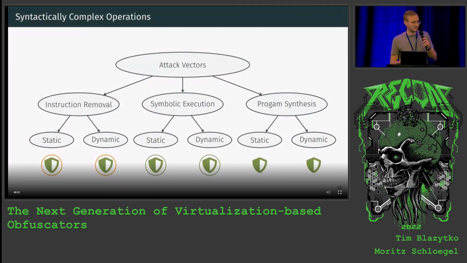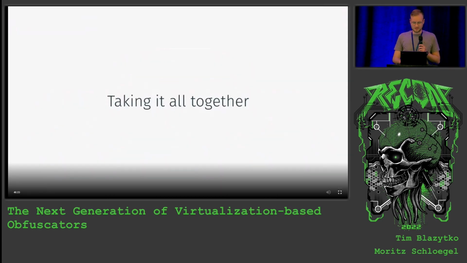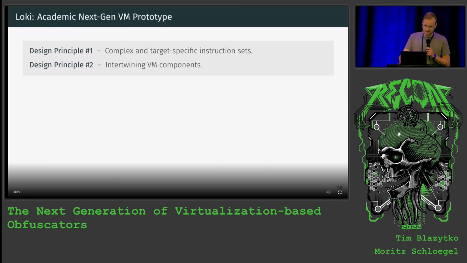And with that, with these syntactically complex expressions, with the MBAs, we complete our protection. So the MBAs help us stall out symbolic execution. Their complexity makes instruction removal challenging. Now, with all that complete with our protection, to wrap it up, this is a very short version of what Loki, an academic prototype, is doing towards these two design principles,